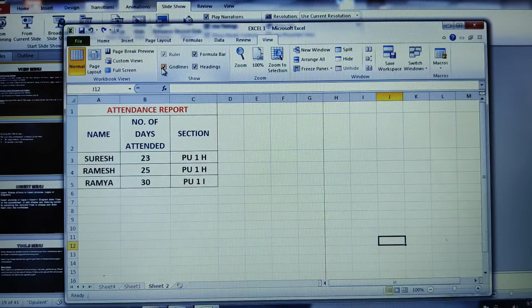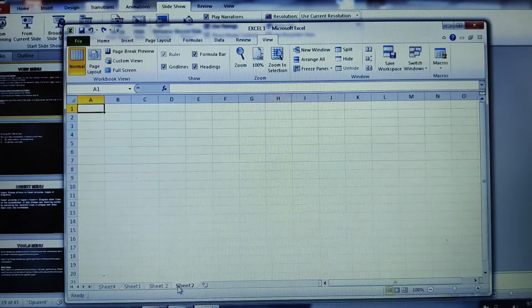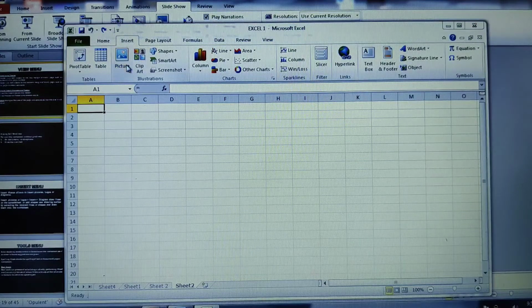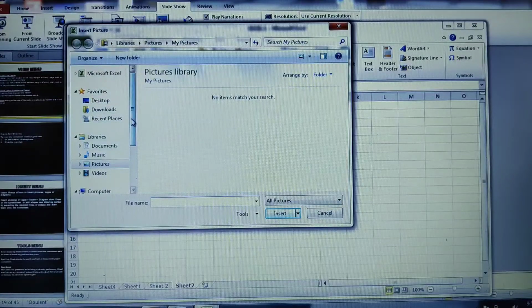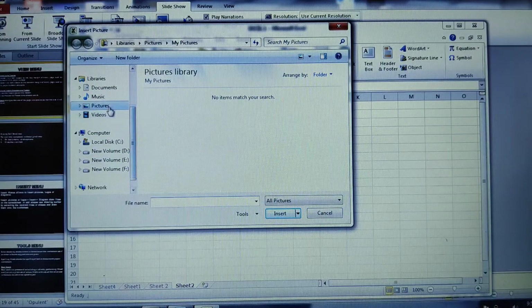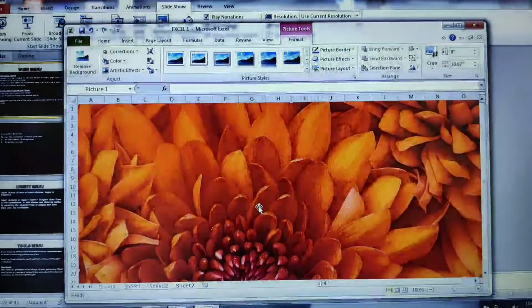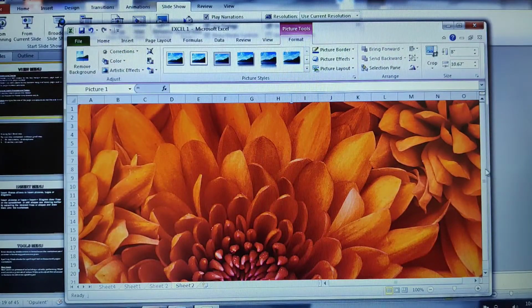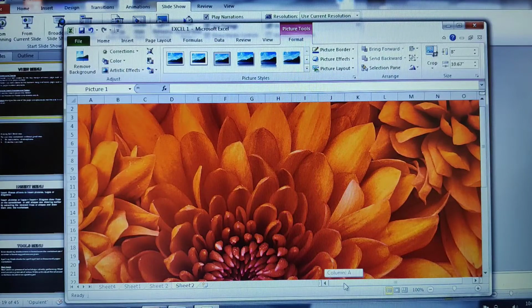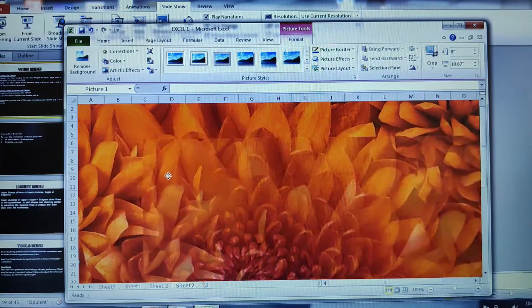Alright, now the same way, under the Insert tab we also have different options like how to insert an image, logos and all. So for that I'll take a new worksheet. I'll just click onto the new worksheet here. This insert option will help you to have a picture in your Excel file, which could be embedded. So I'll just pick a picture and click on Insert. Herein it's a huge picture, so what I can do is go for resizing it.